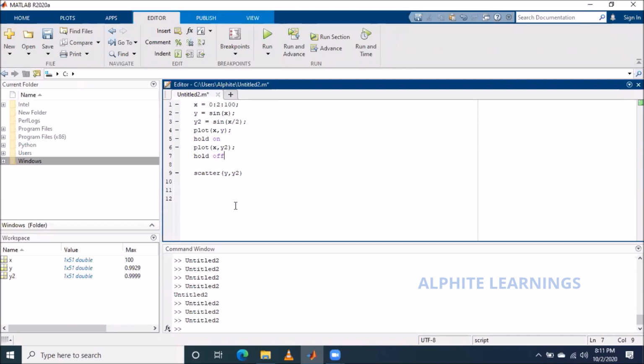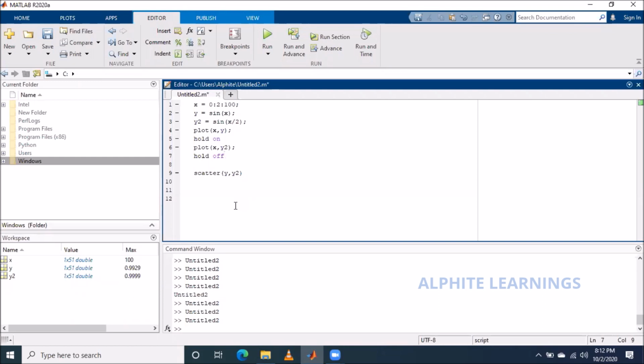Has everyone understood this? Does everyone have a clear picture on this? Yes. If we want to plot a different graph and don't want the previous graph, we don't want this hold on. We just use hold off, right?